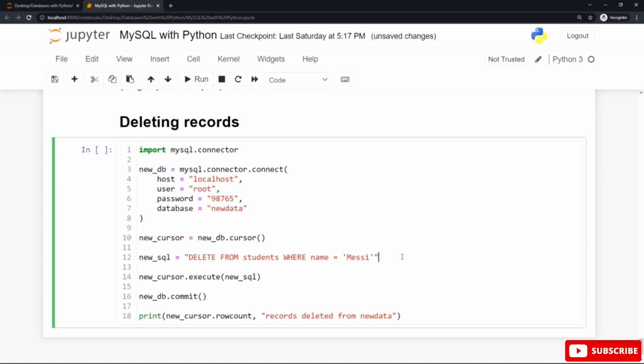But wait, before running this cell, we need to change something here. It's considered a good practice to escape the values of any query. This is to prevent SQL injections, which is a common web hacking technique to destroy your database. And the MySQL connector package in Python uses the placeholder %s to escape values in the delete statement. So let's do that before running this program, for best practice.